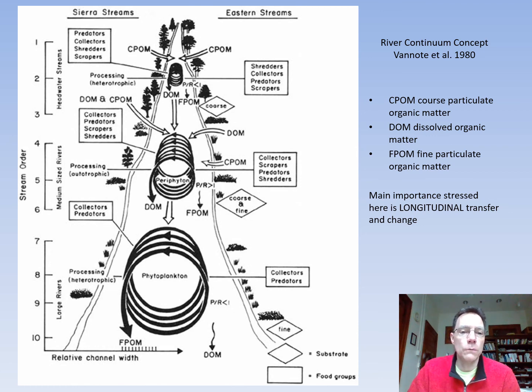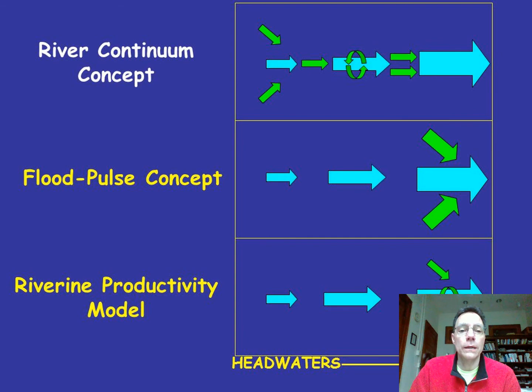You see the stream order here. Stream order 1, 2, 3, these are fairly small streams. 4, 5, 6, medium-sized rivers, and then 7, 8, 9, 10, the biggest rivers in the world. So they show this all in one diagram from tiny to large, but of course rivers don't really work that way. They're just trying to show it that way on this diagram. What they're trying to show here is that in small order streams, you get a lot of